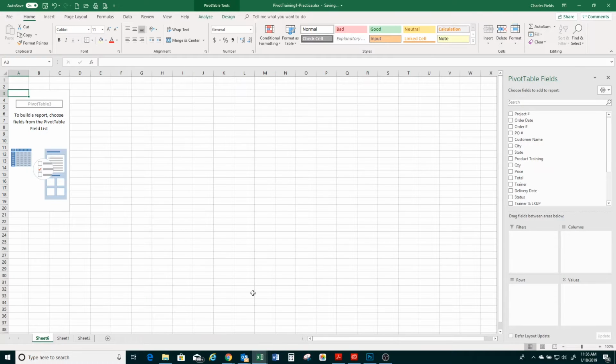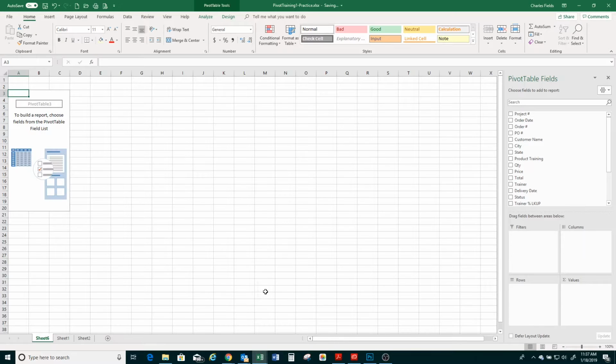So looking back over here, one of the examples that I wanted to do, in staying true to what we were talking about earlier with revenue recognition, I want to set up a pivot table that shows me, based on quarter and potentially based on month, how much revenue I've recognized to this point, and how much revenue may be scheduled to be delivered in the future. And since it's January 18th today,